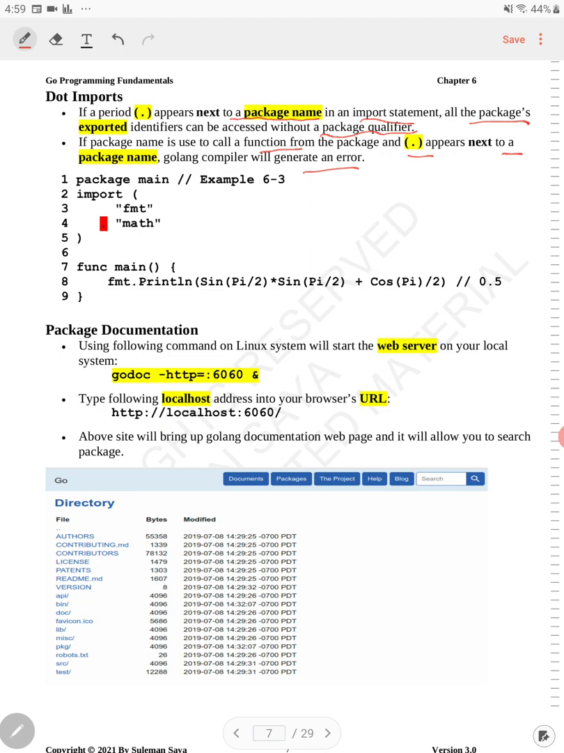So basically, if you have this and then you still use the package name to call the function, then the compiler will generate an error. Okay, so if you use the dot operator, you should not use the package name when you're making a call of the function. So in this example,